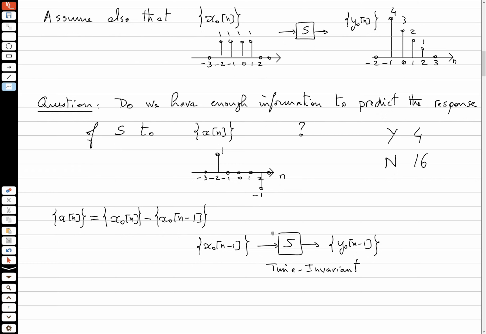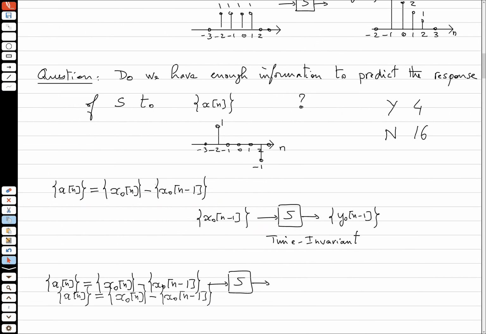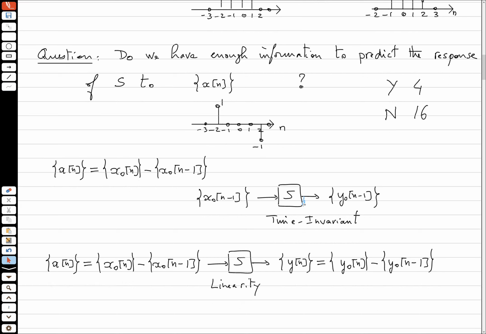So by linearity, we know that this is going to give you, and this time is by linearity. All right, so x of n is this,